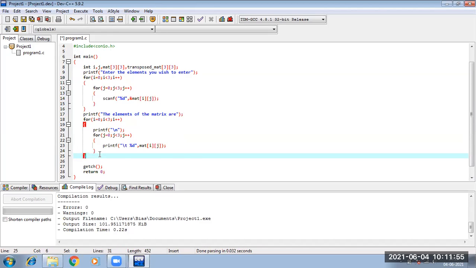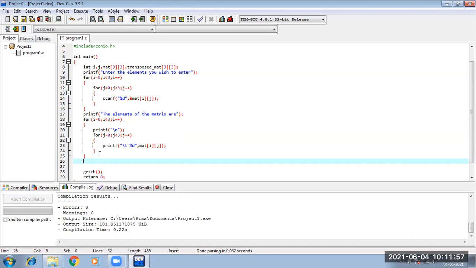After I show the 3/3 matrix elements, I need to perform the logic of the transposed matrix, and then again show the transposed matrix. So this logic of the transposed matrix, what is that? We have just learned that whatever is in matrix of ij will be opposite in matrix of ji. I will just show that to you.